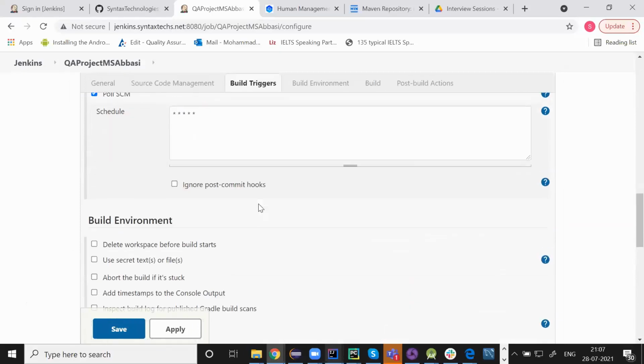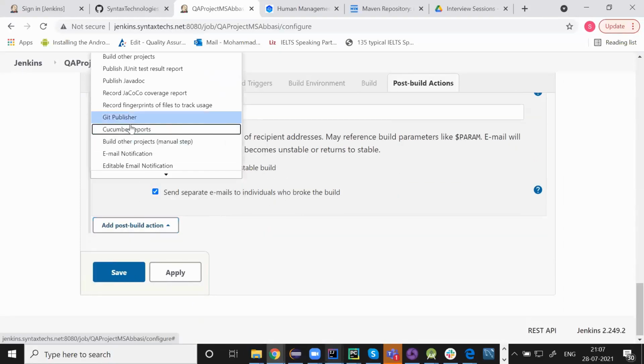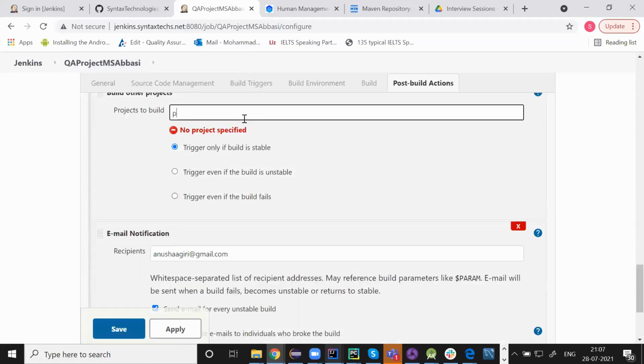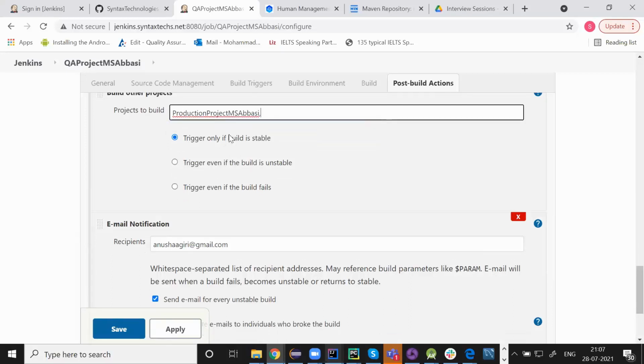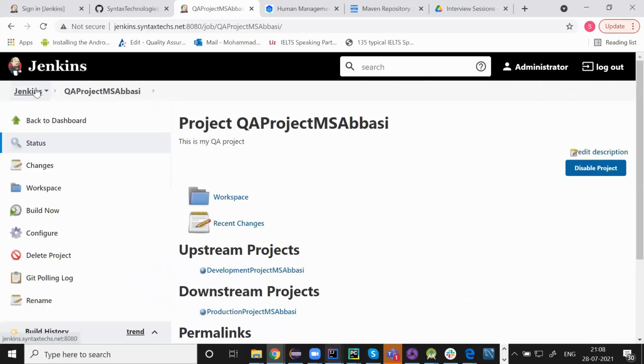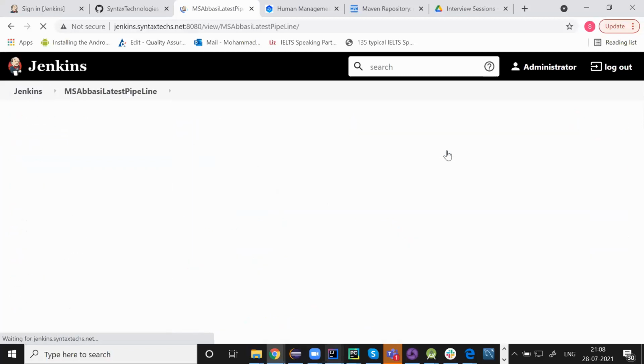and inside this project again I will go in the post build action. So add post build action. I'm going to build another project, and that is my production project. This is my production project. Apply and save. Fine. Let me go back again here, and this time when I open my pipeline, you will